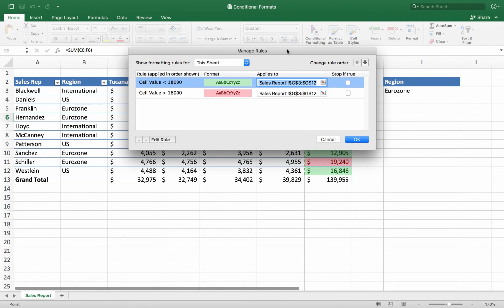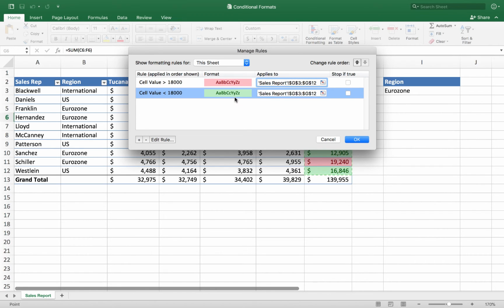Actually, before I do that, one thing I should mention is that sometimes you might get a whole series of different really complex rules, so you can control which rule you want to apply first. In this dialog box, I can click on the rules and change the order that they're evaluated. So I can click on the down arrow key to move this down.